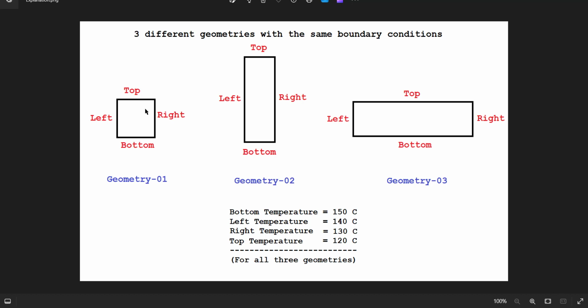For example, here we have three different geometries with different dimensions, but the boundary conditions all are the same. So we want to use all settings of the first geometry for the second and the third geometry. As you can see, the name of all boundary conditions should be the same. Then we can write a file of settings of this Fluent file and then use this file for the other